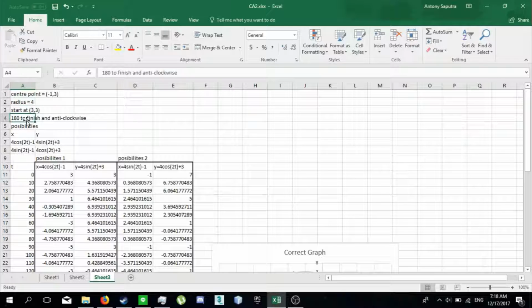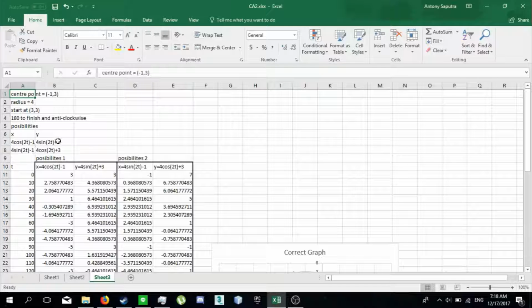So at this point, the possibility is under either cos, the x is cos, y is sin, or the other way around like this. Now, we have to translate all of this we know into the equation. So what we know is the center point is minus 1 and 3. Basically what it says is if we have the center point 0,0,